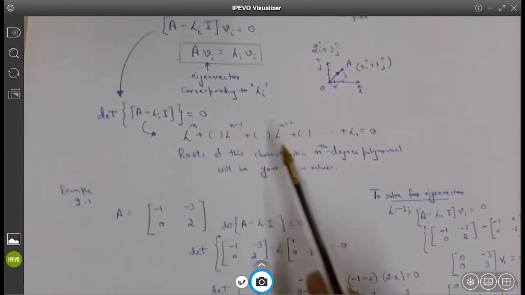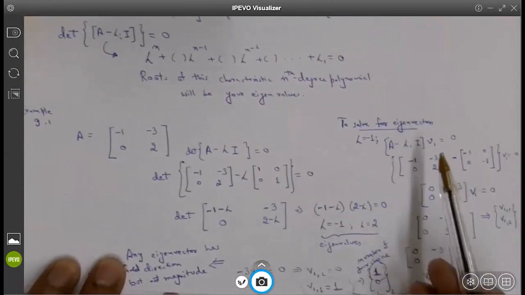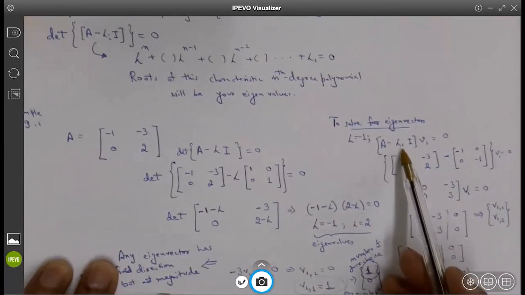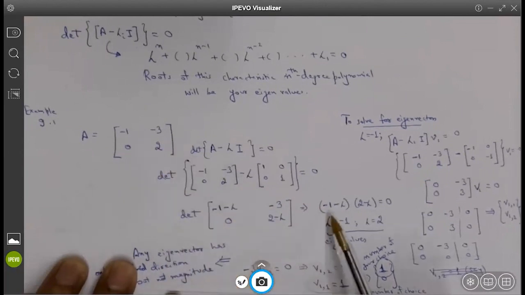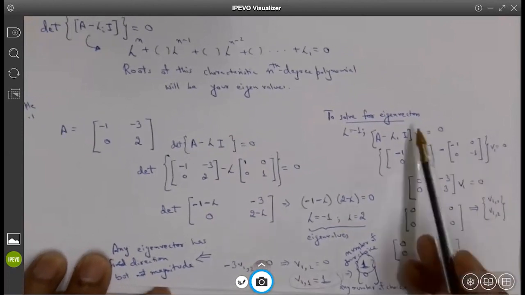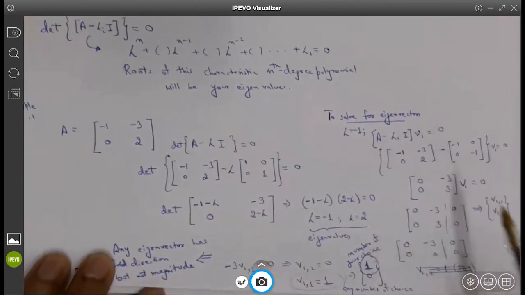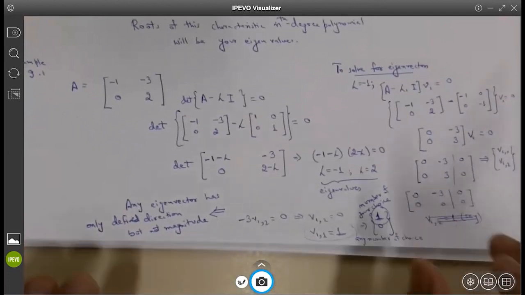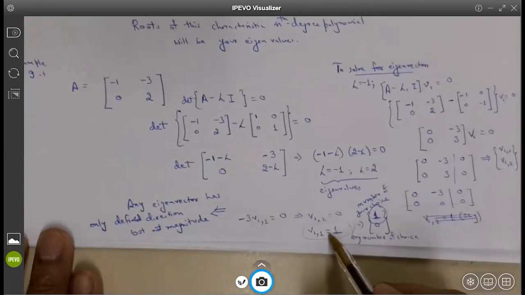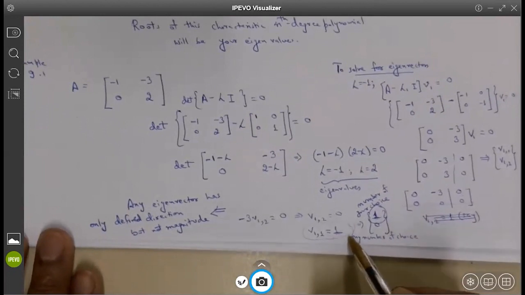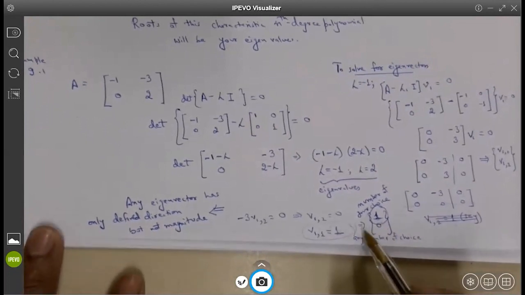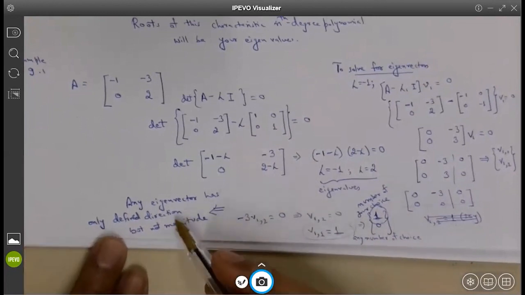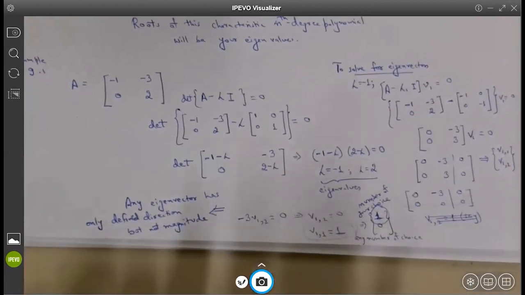And for each of these eigenvalues, you can find its corresponding eigenvector by plugging back the specific value you have got. So for this 2 by 2, I got 2 eigenvalues. And for each of these eigenvalues, I will get one eigenvector, which is given by V1 for lambda 1, and for lambda 2, it will be V2. And when we solve for the eigenvector, there will always be a case where at least one of the components will be independent, so you can pick any number based on your choice. That basically means that eigenvectors will have a defined direction, but not the magnitude. So that is the characteristic of the eigenvectors.